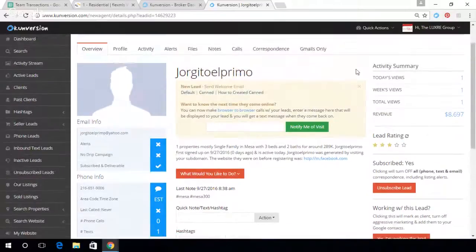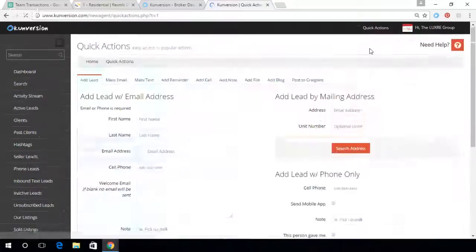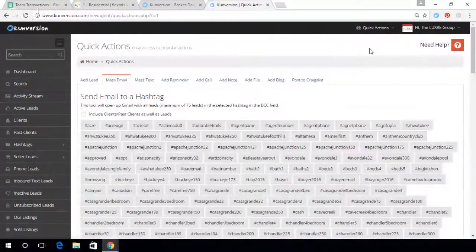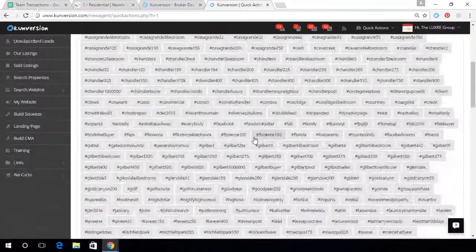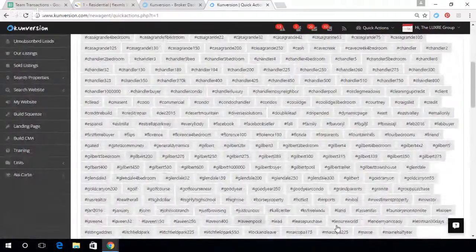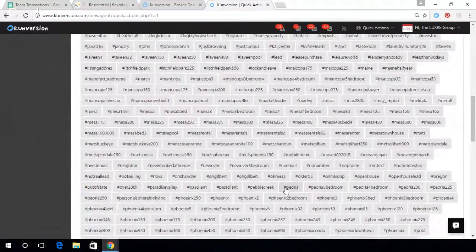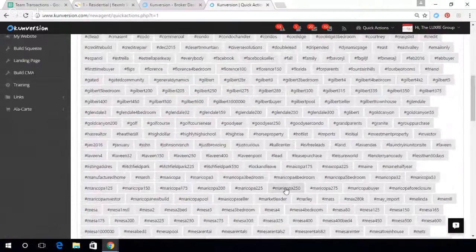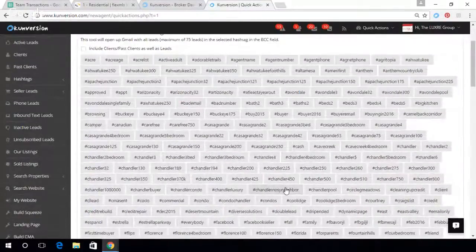Okay, so if we come up here to quick actions, we have these two little functions here, mass email and mass text. In mass email, what this will do is it brings you to all your hashtags. So these are all your folders that you have people in. Okay, credit repair, condos, I mean anything you can think of, but the key is stay consistent. Okay, so let's just say I want to email